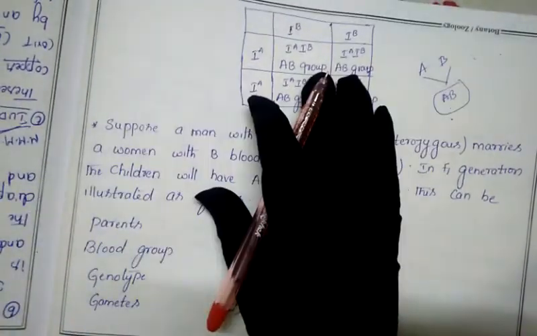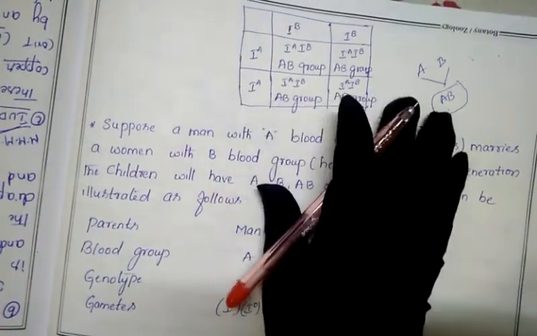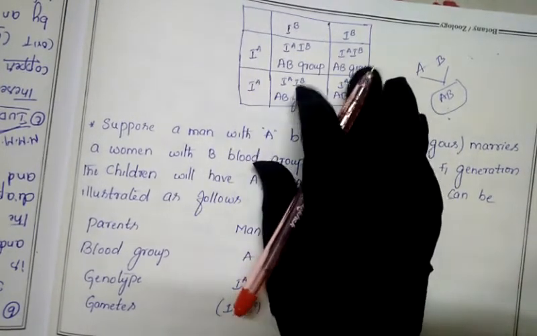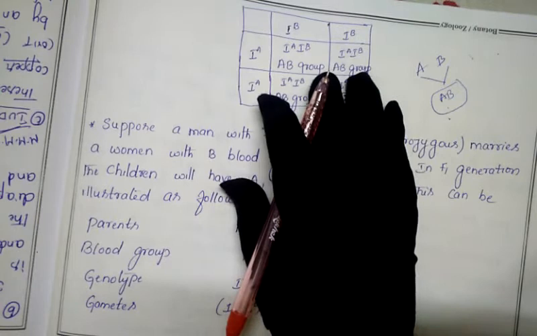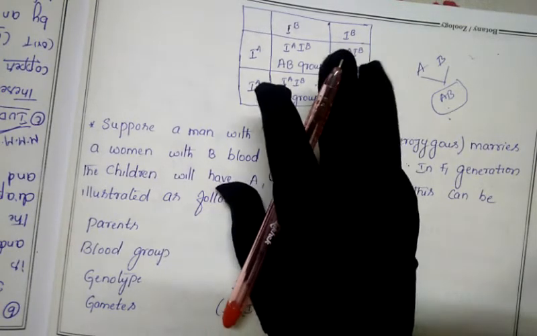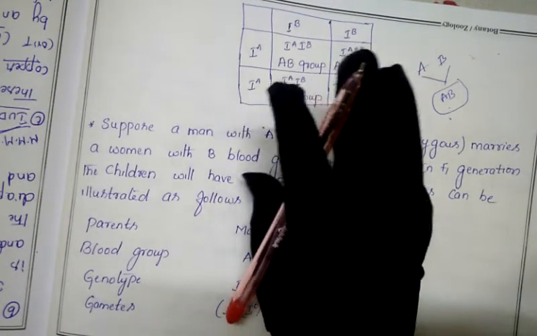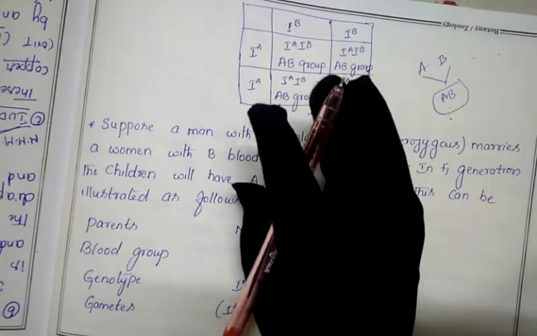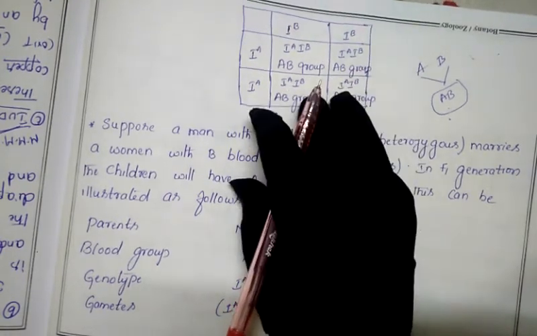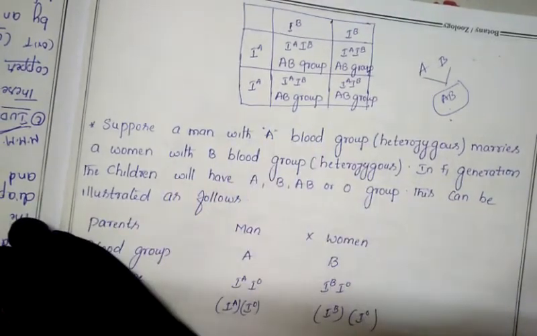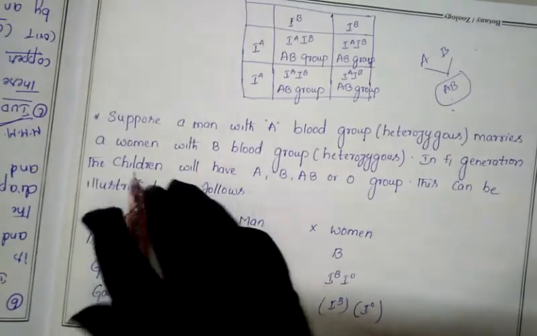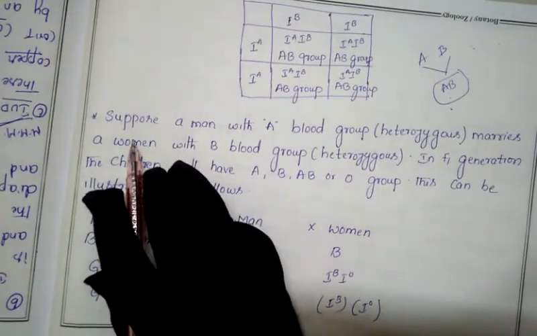Next, this is one type of problem. Here all the information is given and they ask you to illustrate it in this manner. But in certain cases, especially in your NEET exam, they will give the father's blood group and the mother's blood group and ask you to find out what type of blood group will appear in the progeny. Such questions may also appear in your exam, or else they may ask in this manner. So let us discuss another question here.